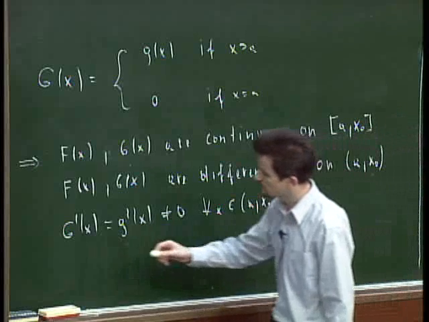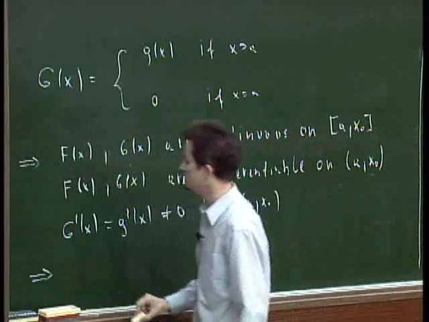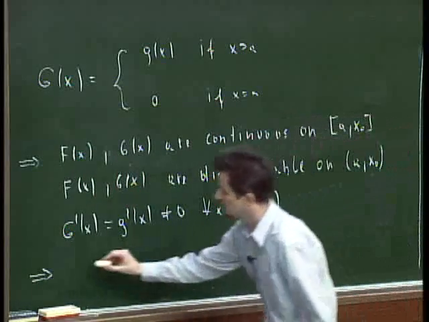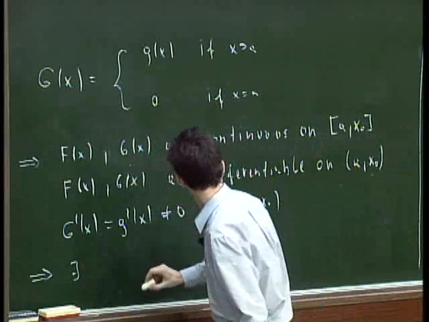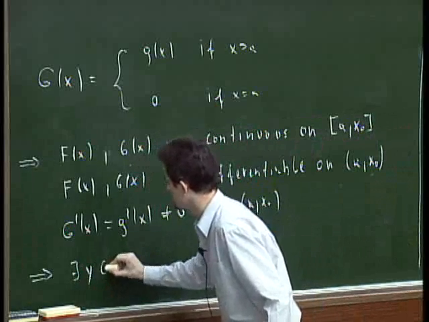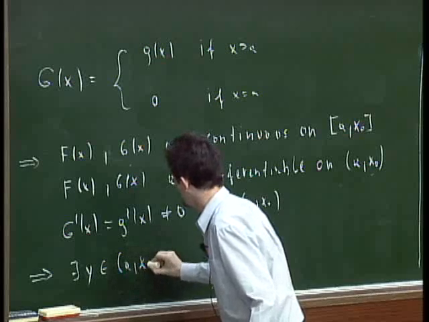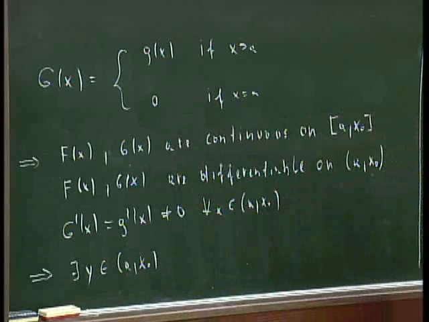So we know from Cauchy's mean value theorem that there must exist some c inside this interval here, or call this y, inside the interval (a, x0), okay, such that